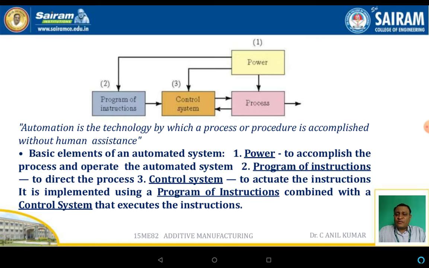Now the schematic diagram shows the basic elements of the automated system. As we discussed previously, the three basic elements required are the program of instructions, the controlling system, and as well as a process or the workstation. Of these three, the major element which is essential for any automated system is nothing but the